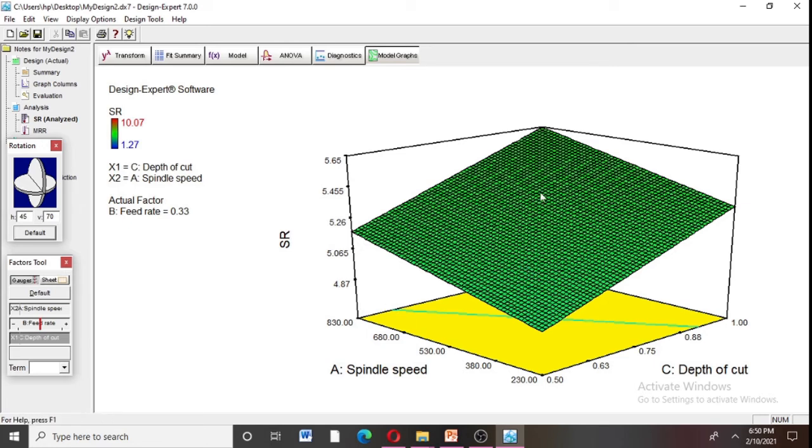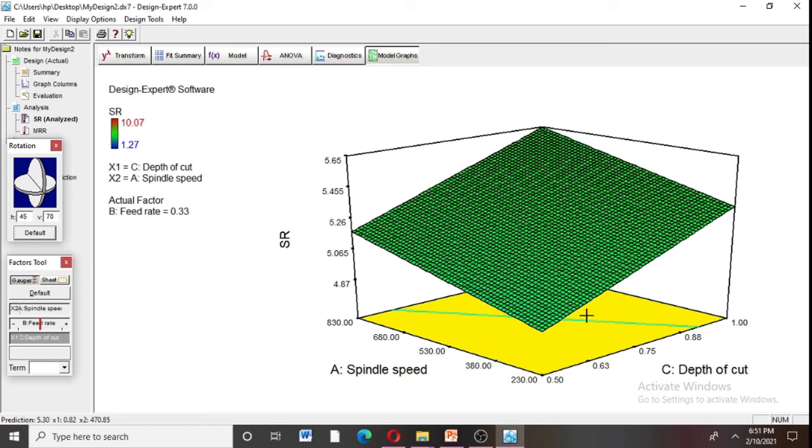So the plot is normal, parallel to the bottom yellow color view, so the interaction effect of spindle speed and depth of cut is available with your response, which is surface roughness, affected by the combination of spindle speed and depth of cut, but it does not have any effect with the spindle individually. If you are considering individually, spindle speed does not have any effect, and the individual feed rate does not have any effect. But if you consider spindle speed and the depth of cut, both have an interaction effect on surface roughness. Likewise, you may write your inference.